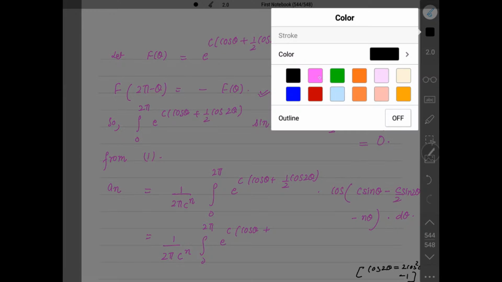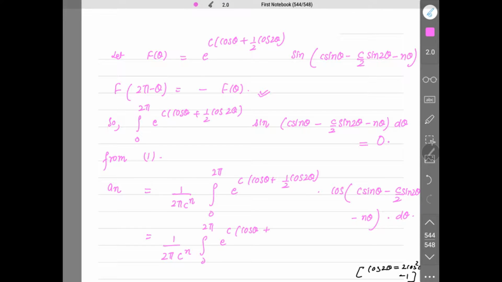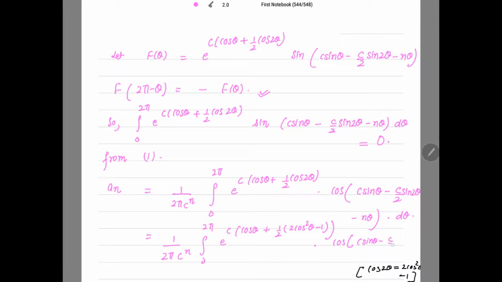So using this, cos of 2 theta by 2 will be 1 by 2 times 2 cos square theta minus 1, into cos of c sin theta minus c by 2 sin of 2 theta minus n theta, into d theta. Alright. Next step,